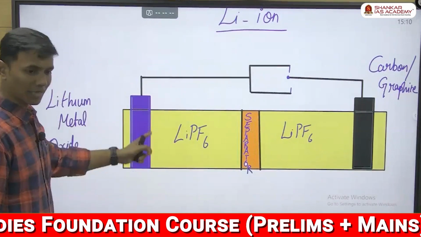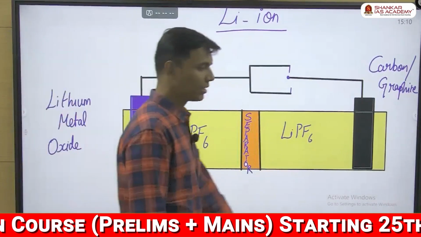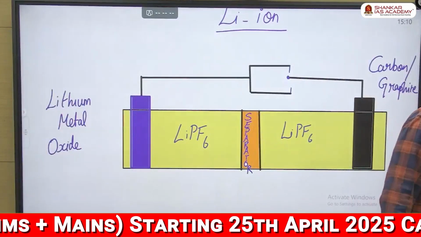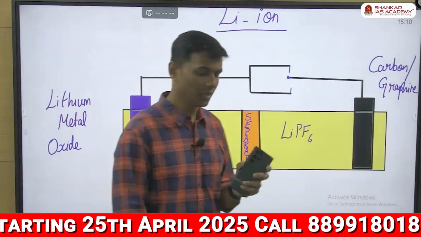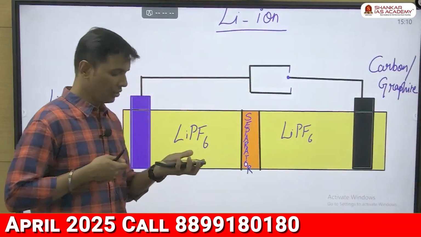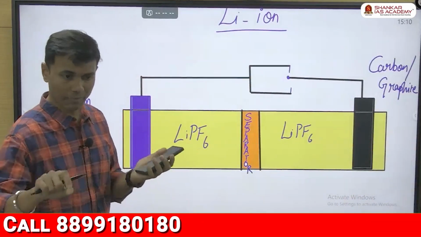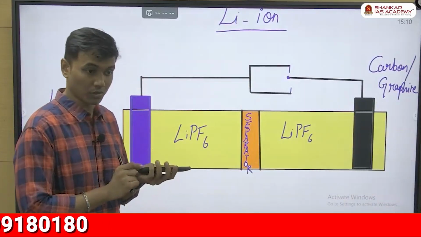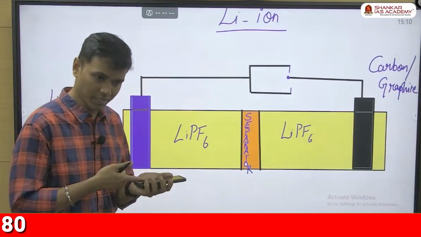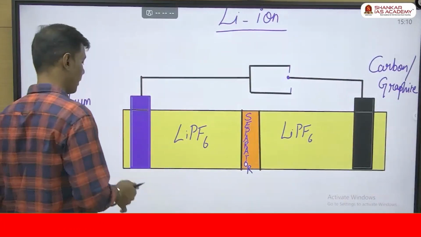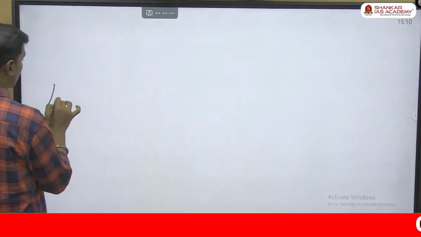First, let's talk about the reaction that happens in the lithium metal oxide. Most of your phones use a lithium ion cell. If I'm going to connect it to a power source, I'm taking a charger and connecting it to a power source, which means we are supplying electricity to the battery, correct? When you supply electricity to the battery, what happens is